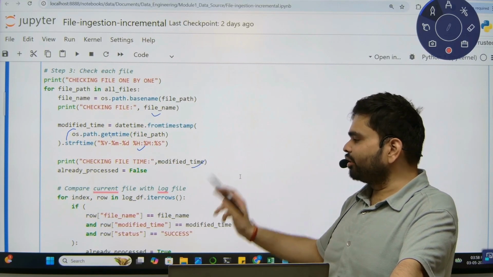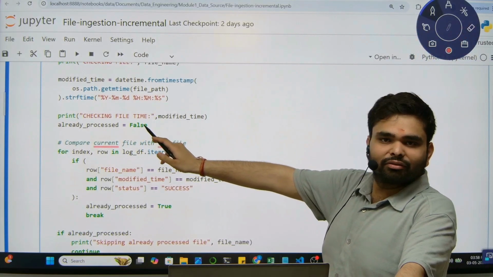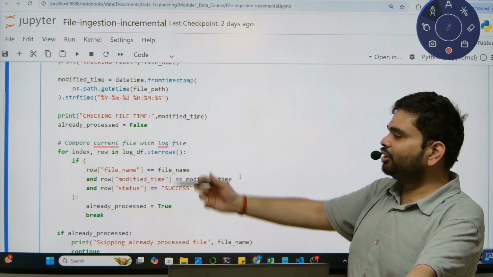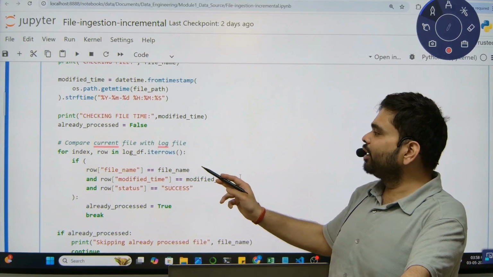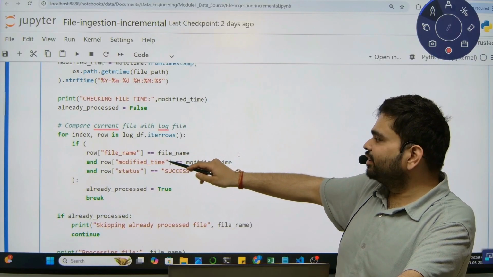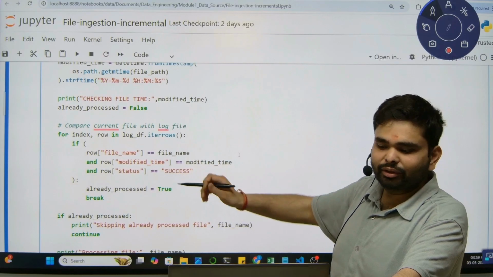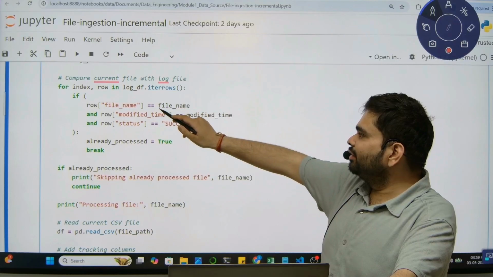Here we will print the modified time. By default, already_processed is false. We will make it true when we have done the process. Now compare the current file with the log file. Once we get the modified time of the file, we will check the log file. We will check these 3 attributes.